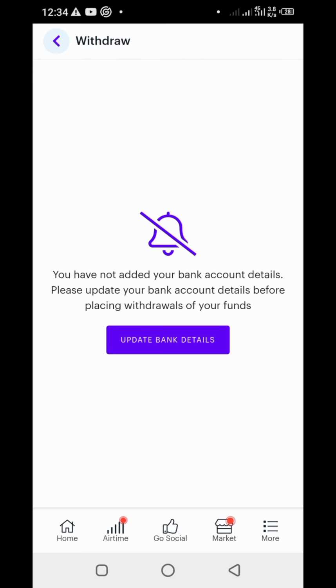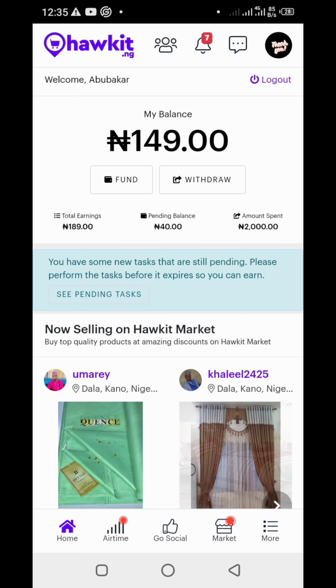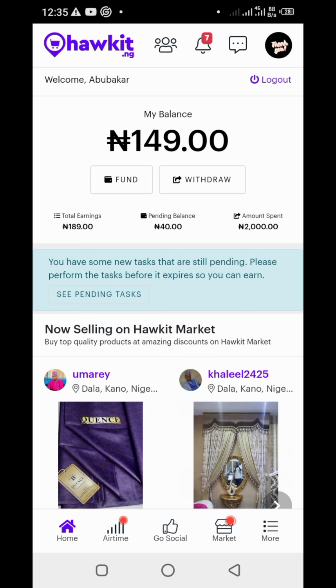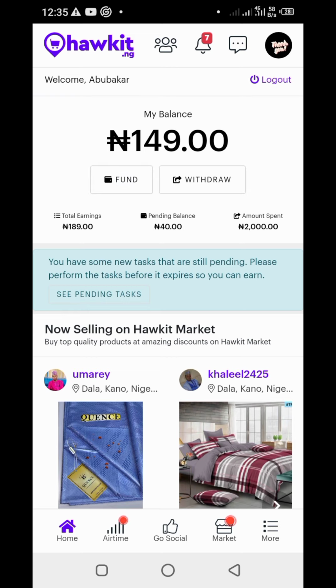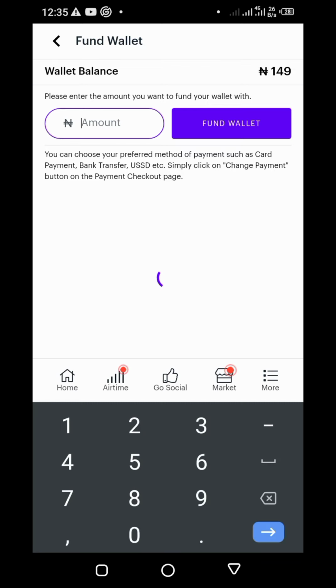Assuming you are using this application and you want to use it for purchasing airtime or selling airtime, selling data, you can fund your wallet. Enter the amount that you want to fund. After you enter it, you fund and pay. Fund your wallet using bank transfer and also using USD.